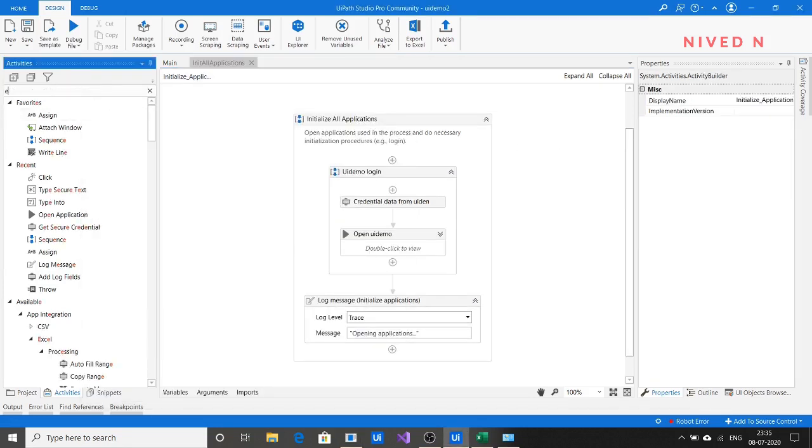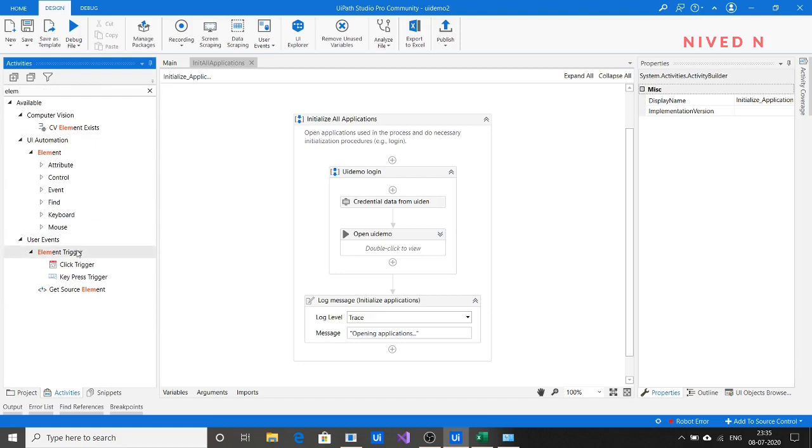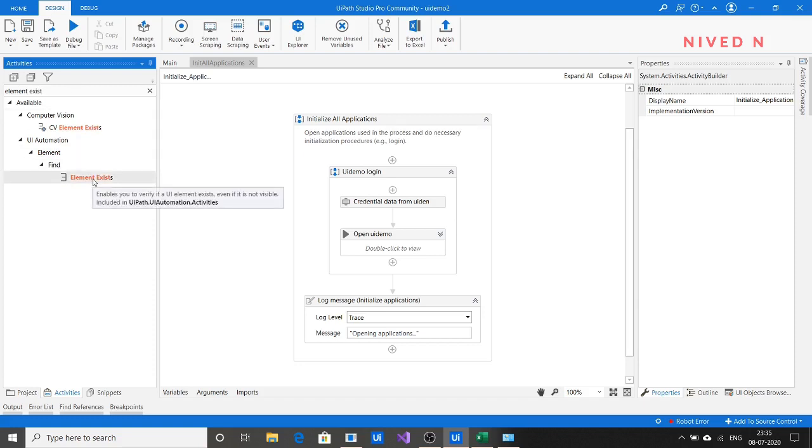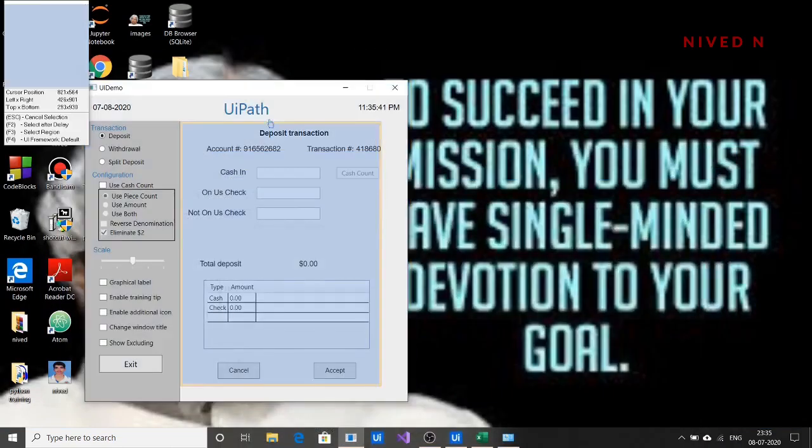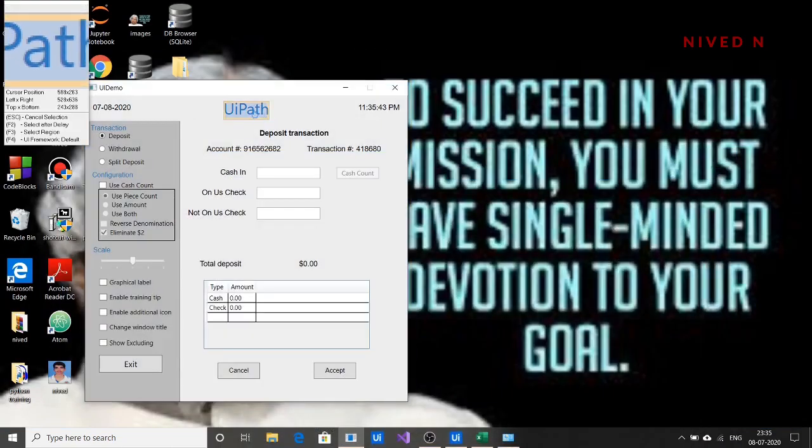So select the element exist activity and just give it a name, let's say login is success. Then indicate on the screen. I'm indicating UiPath because this element only appears when the login is successful.